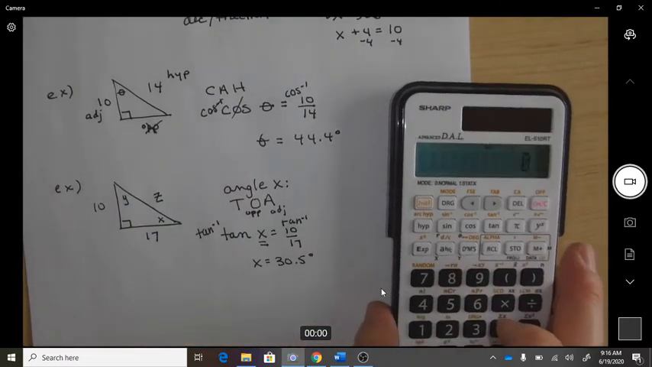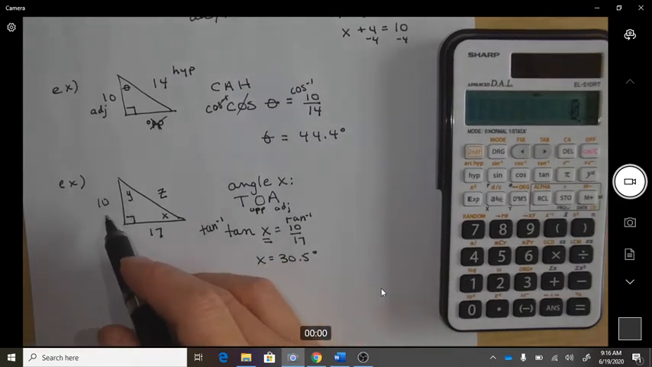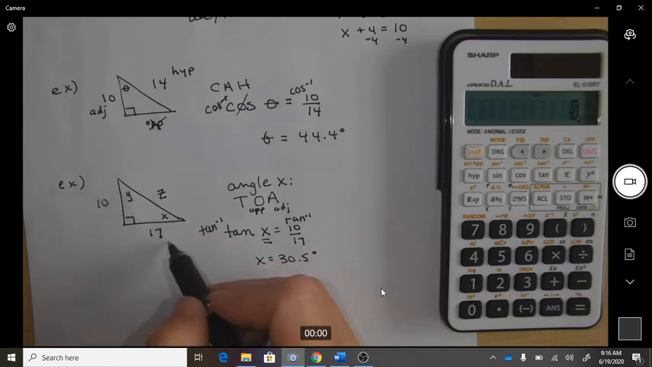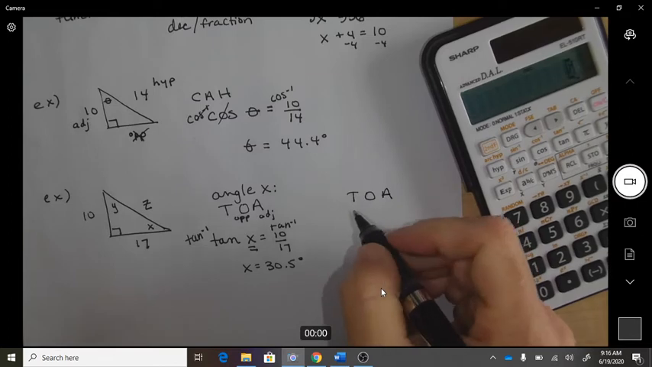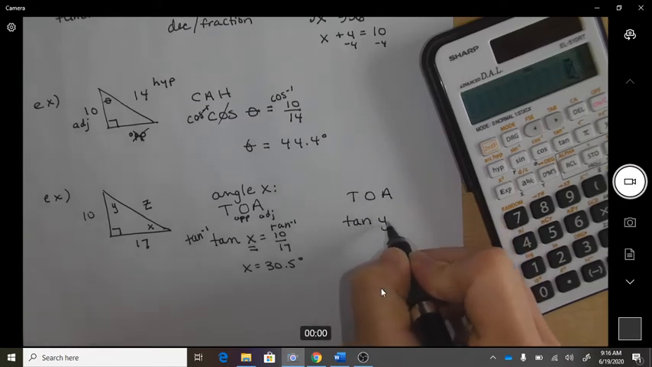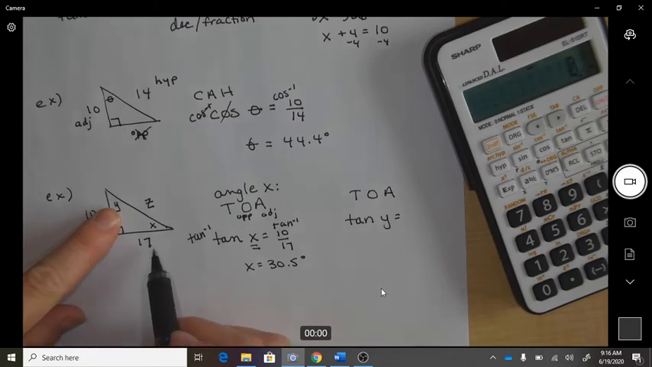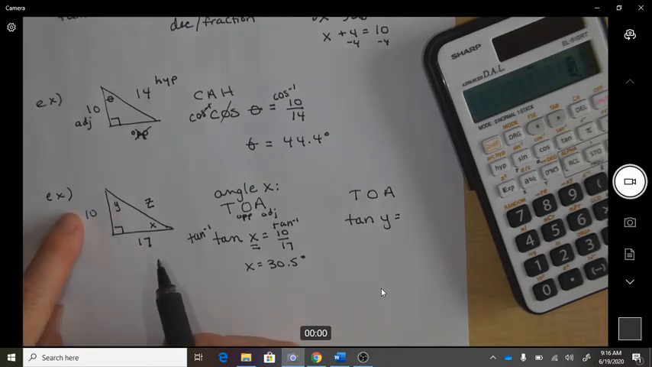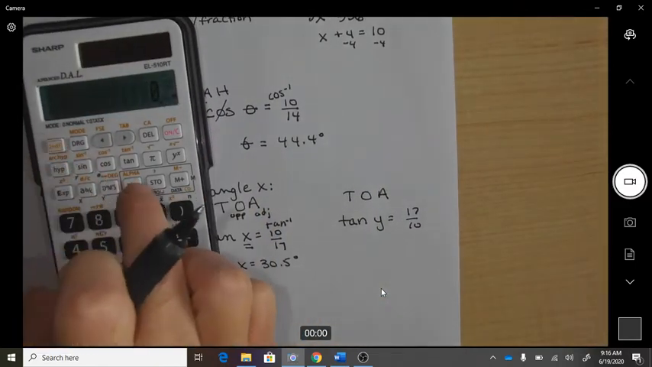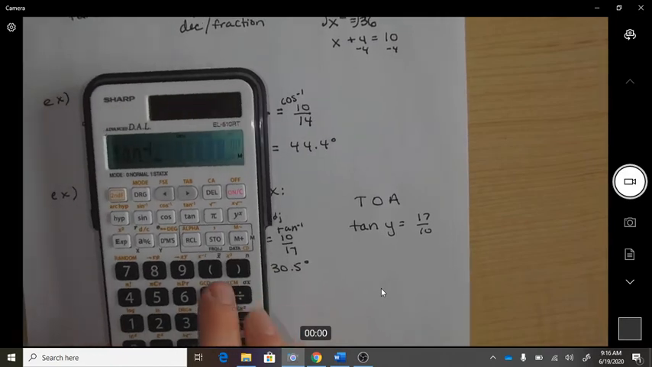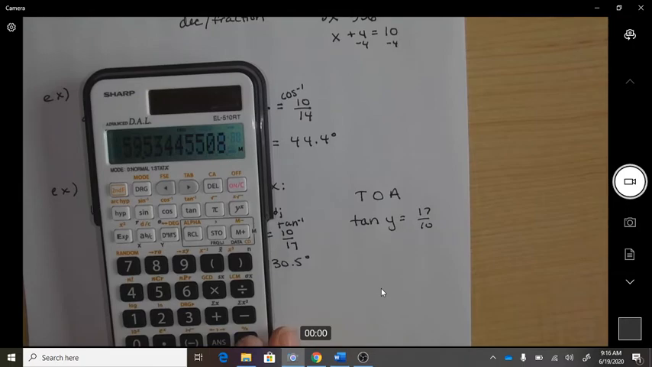Okay, now if I want angle Y, I have a 17 and a 10, so I have the opposite and the adjacent to it. So opposite and adjacent is a TOA. So tan of angle Y, so from Y though, I would take the ratio of its opposite divided by its adjacent. So tan inverse bracket 17 divided by 10 equals